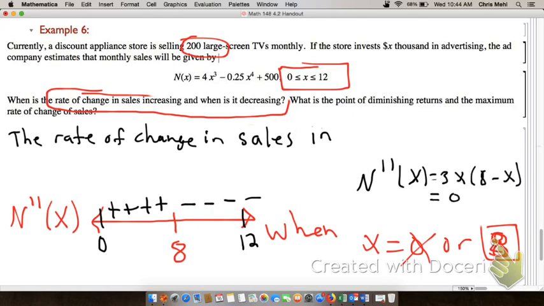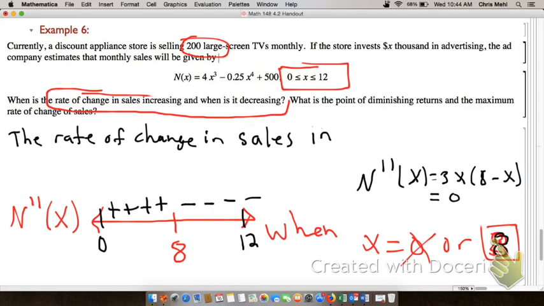And that equals 0, I said, when x equals 0 or 8. Now, your point of diminishing returns is going to be inside of the interval. Remember, we're only spending between $8,000 and $12,000 on advertising, so this 8 down here means we spent $8,000 on